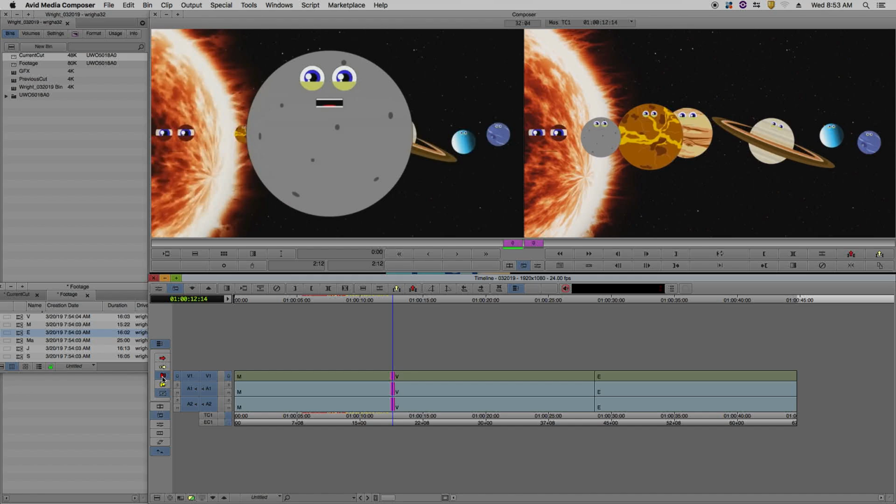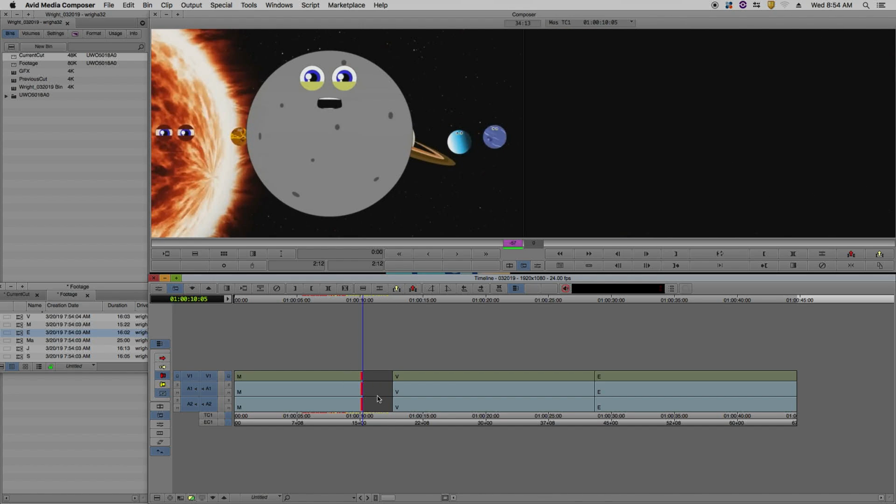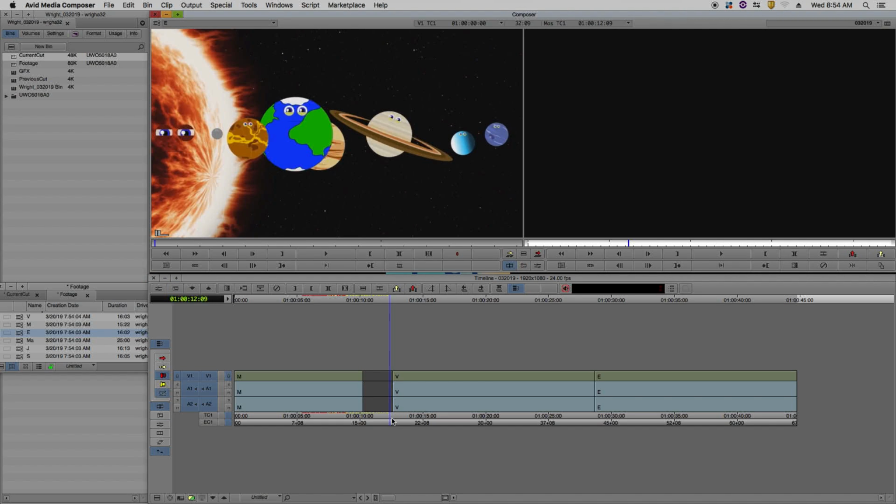When you trim away from frames, a gap of black filler is left in its place. For example, if we are on the left-hand side and we move it to the left, it creates a black space. If I click Command Z